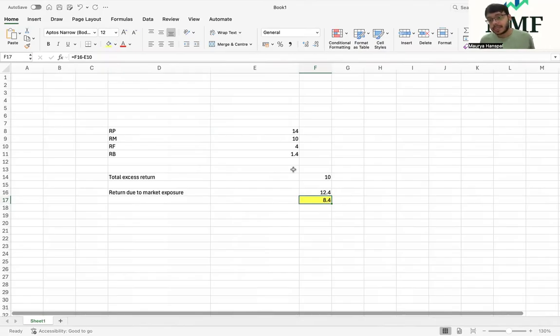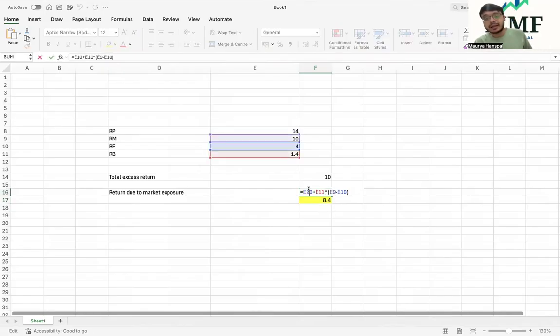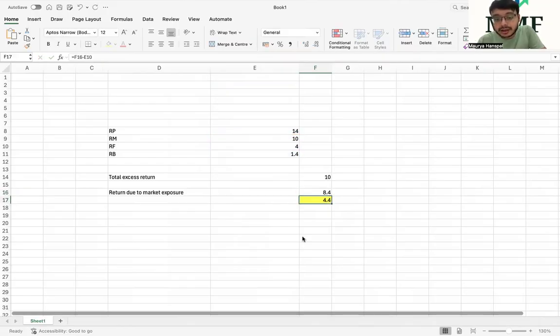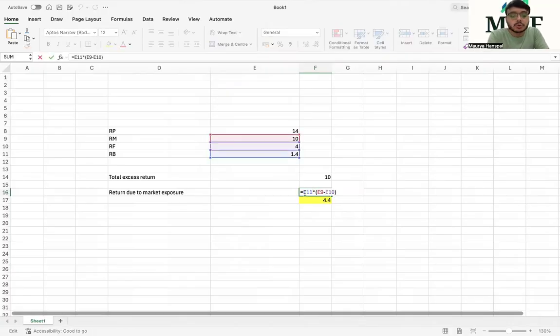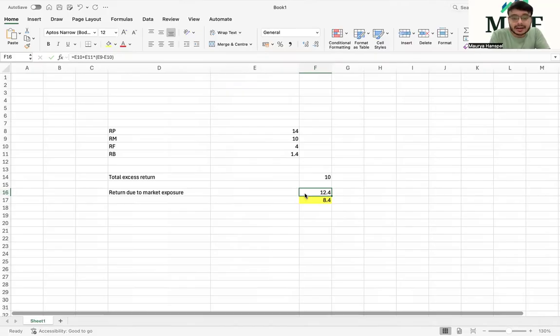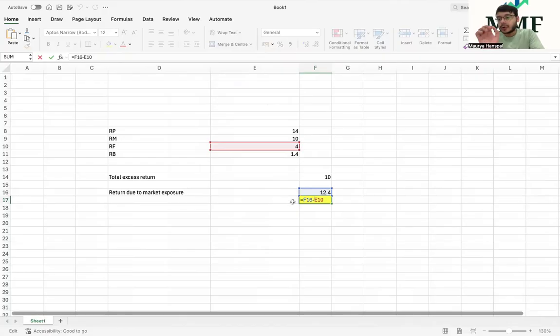मार्केट एक्सपोजर. और simply I could have done, if I simply do, E10 में नहीं लेता, I make E10 as zero, तब भी मेरा 8.4 ही आंसर आता है, अगर मैं स्टार्टिंग का RF कंपोनेंट छोड़ दूं. But just to make you understand, I just use this RF component. So by this formula you tend to calculate the return from market exposure, केवल मार्केट की वजह से आपको कितना पैसा बन रहा है. And why I have subtracted the risk